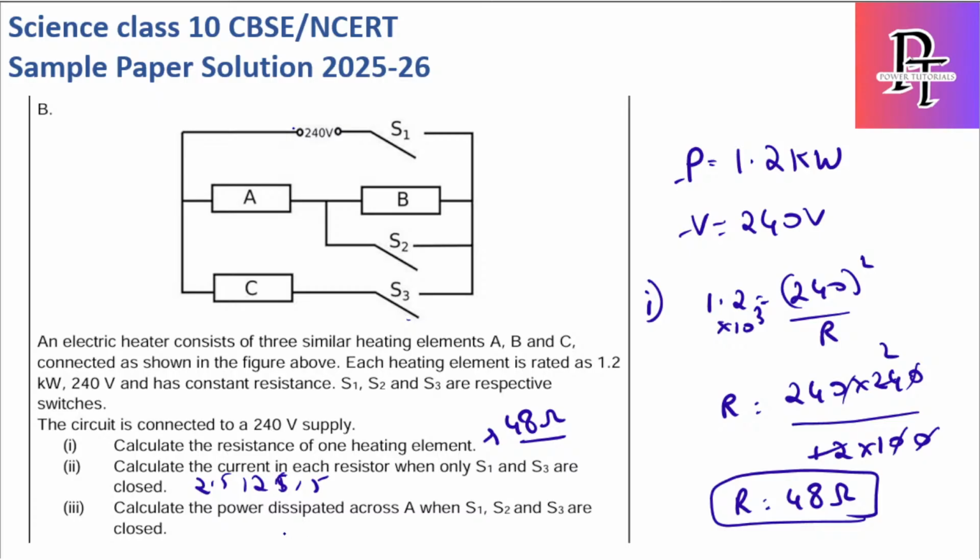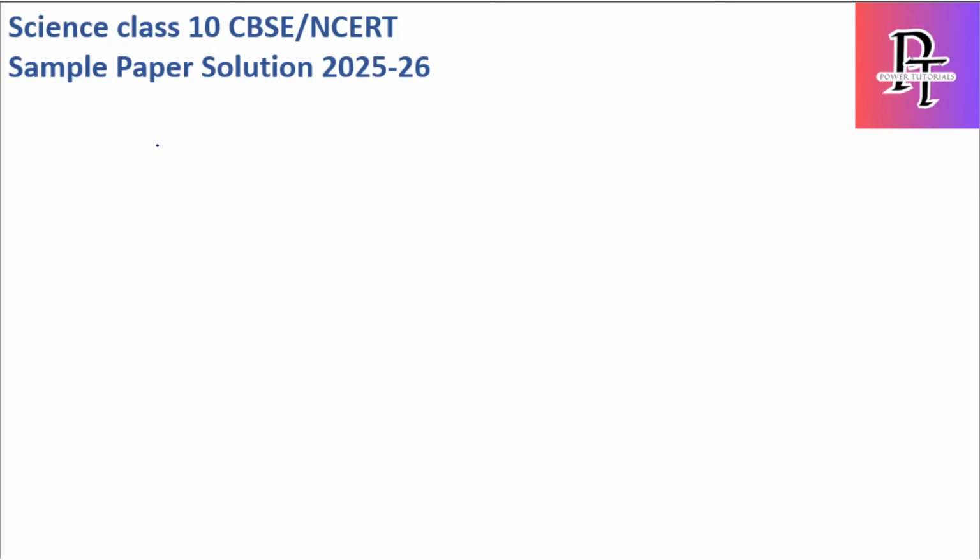Okay, what about the third one? Calculate the power dissipated across A when S1, S2 and S3 are closed. This is a very interesting question, because we should not blindly follow the VI or V squared by R kind of methods. We have to first understand what type of current is flowing through it and what the circuit is as of now, if S1, S2, S3 are closed. So now the circuit changes to,